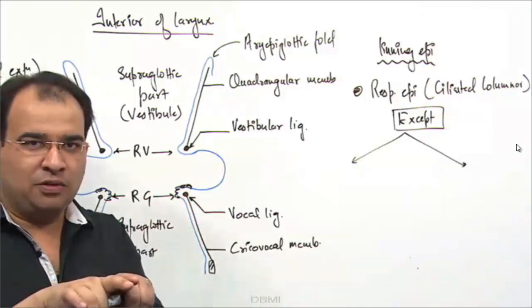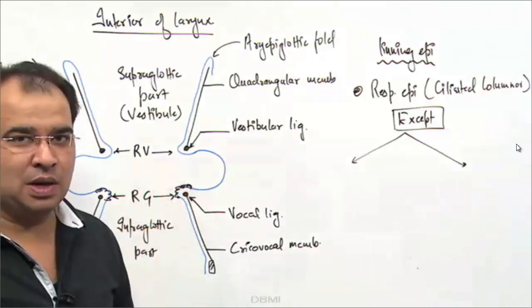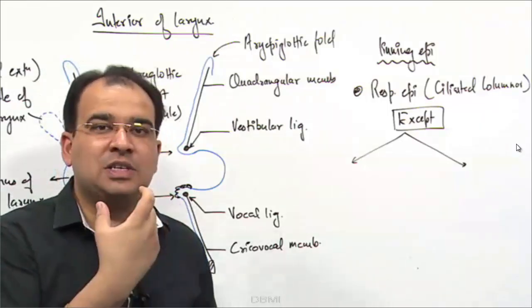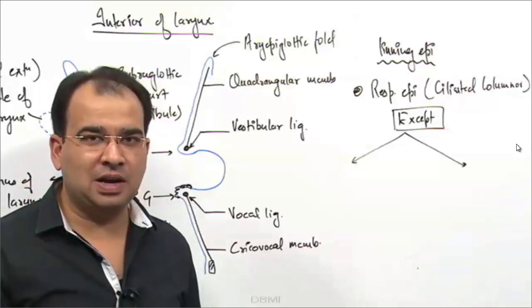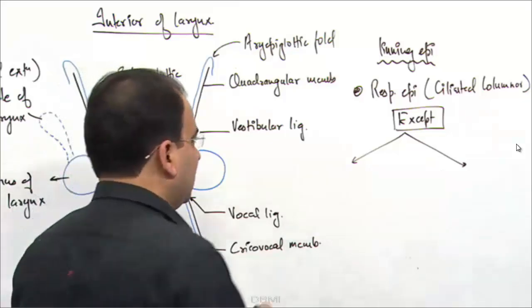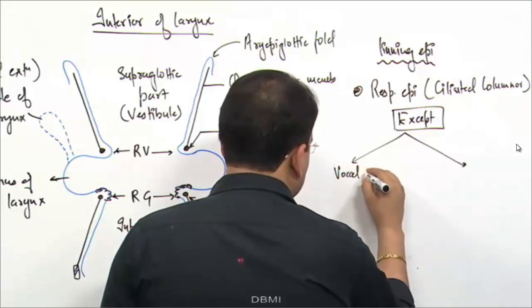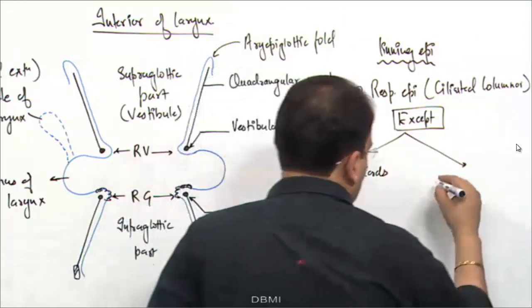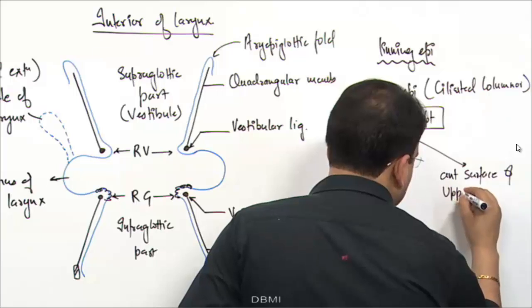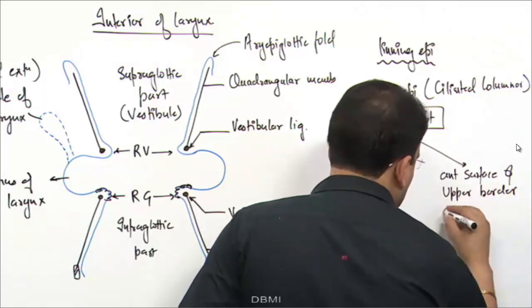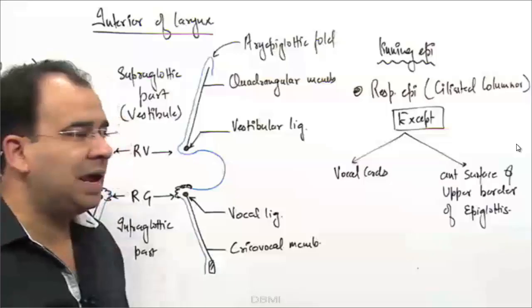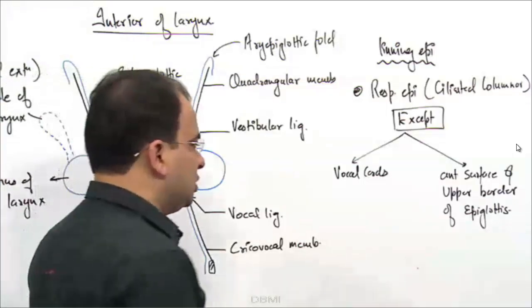The vocal cords will be subjected to a lot of friction, so the lining epithelium on the vocal cord will be stratified squamous. Plus, even the upper border and the anterior surface of the epiglottis, the portion of the epiglottis which is facing toward the tongue. In the oral cavity, everything is covered with stratified squamous epithelium, and so is that portion of the epiglottis which is facing toward the oral cavity. So, except the vocal cords and the anterior surface and upper border of the epiglottis, the mucous membrane covering them